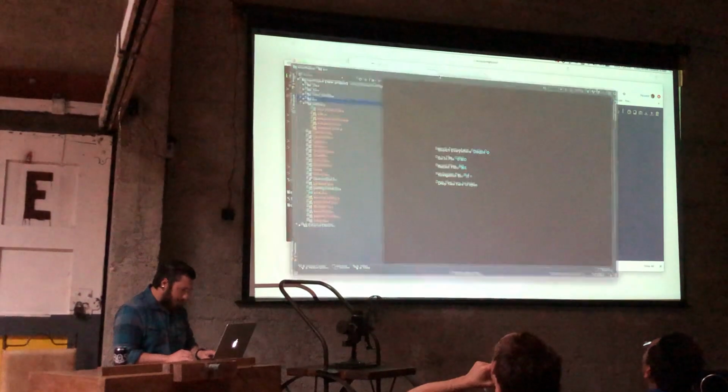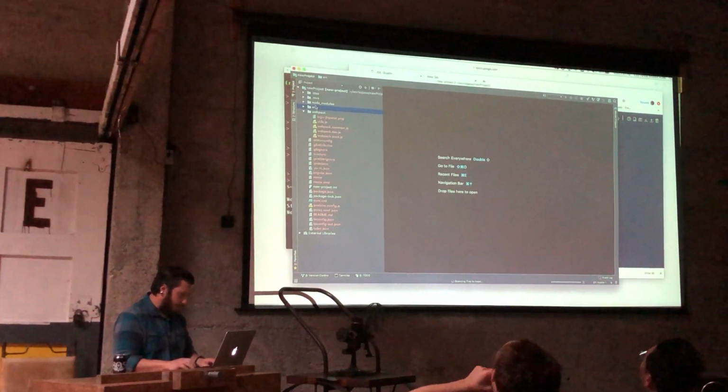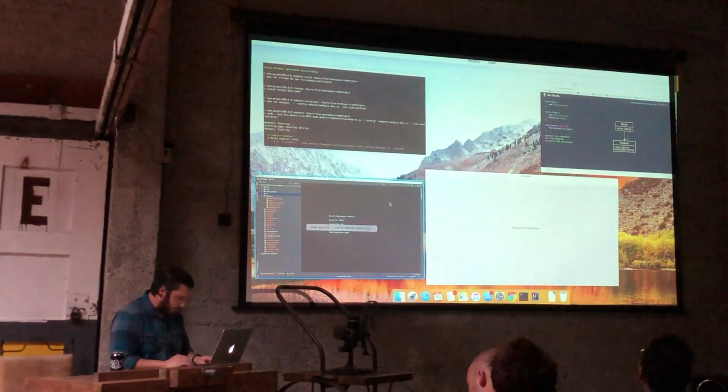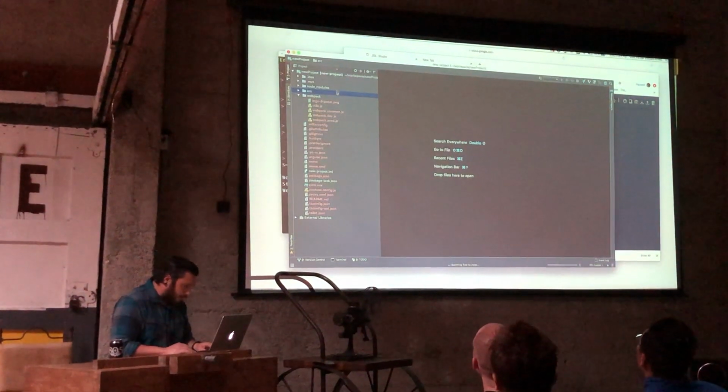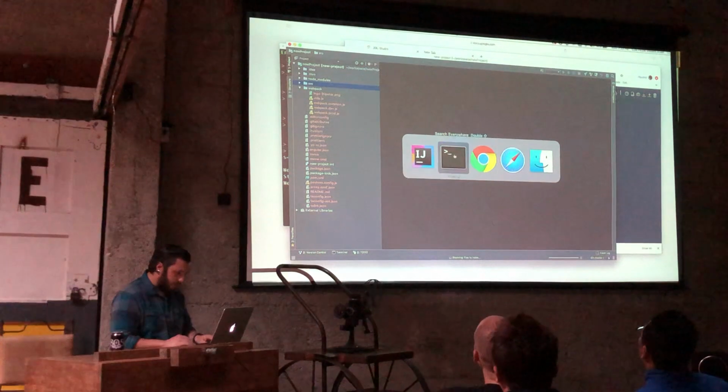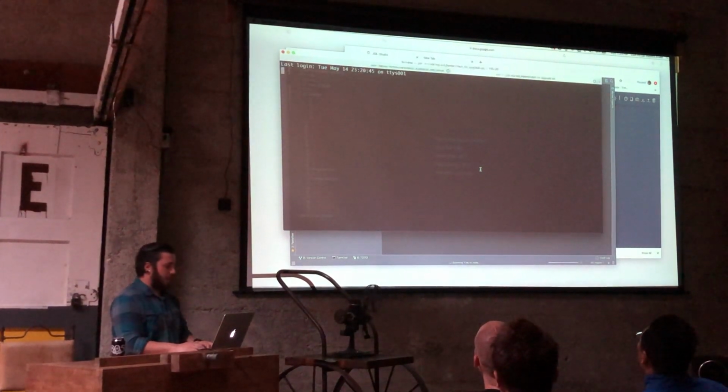Now, IntelliJ is too stuck. Maybe I won't be able to show the architecture, I don't know what's happening. Okay, so this is compiling. Where are all my folders? Okay, so